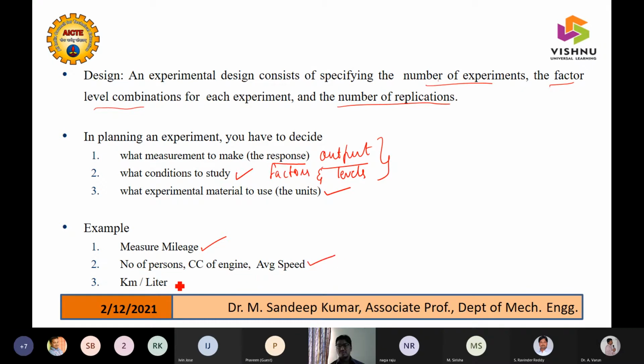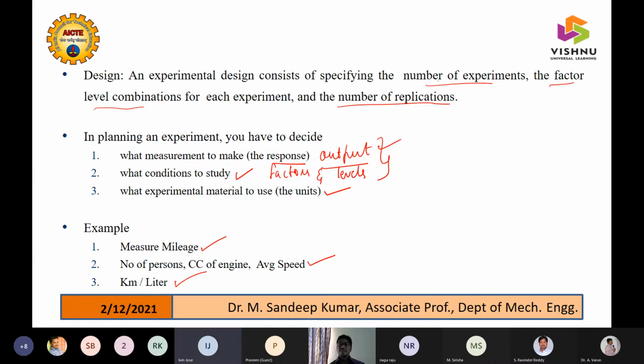What we were checking was kilometers per liter, that is, how much the mileage is. The output everyone knows, right? If you ask yourself why you are doing all this experimentation, you will know what the response is.